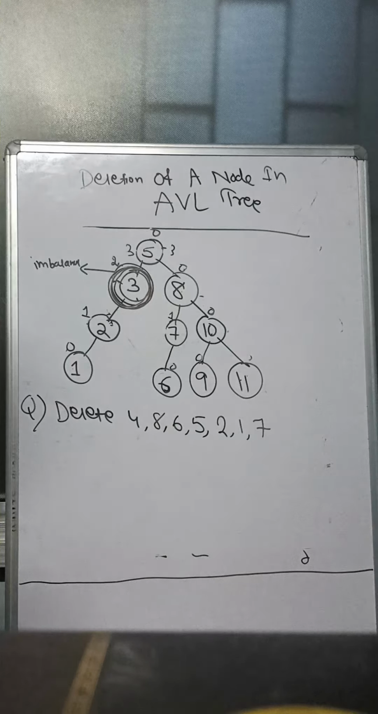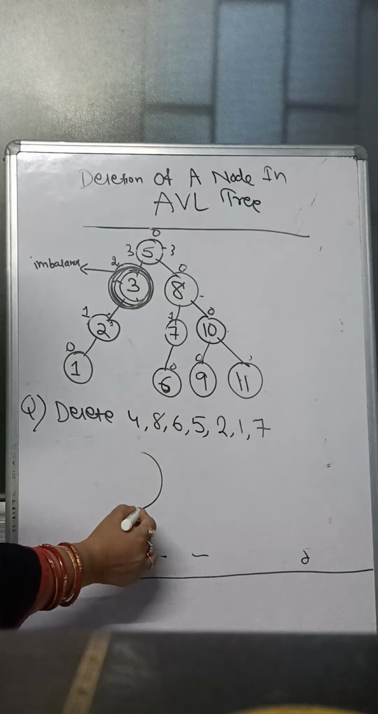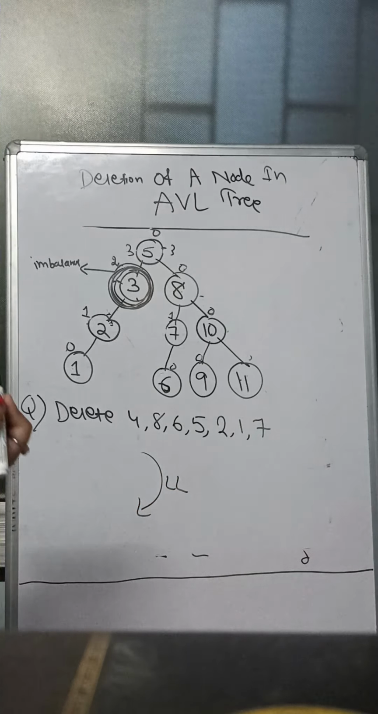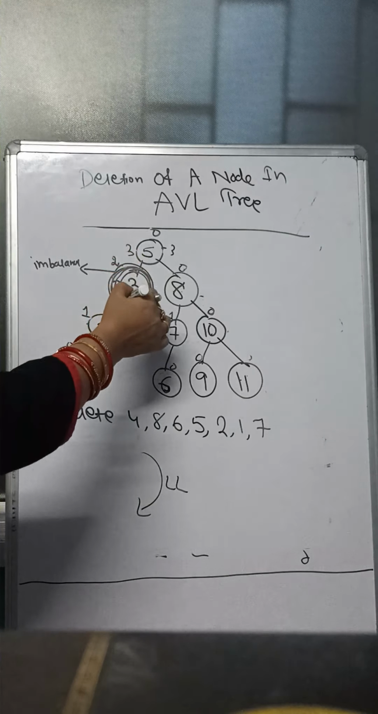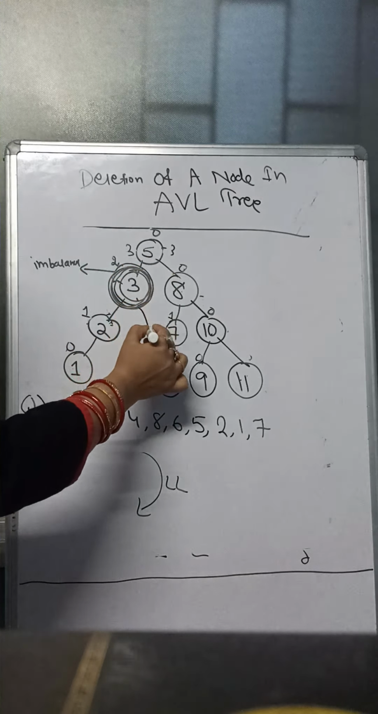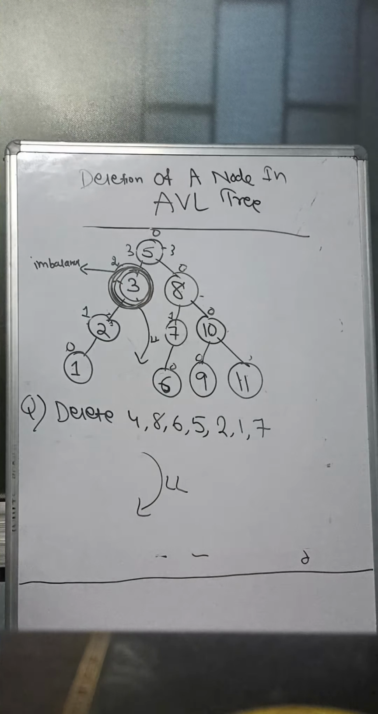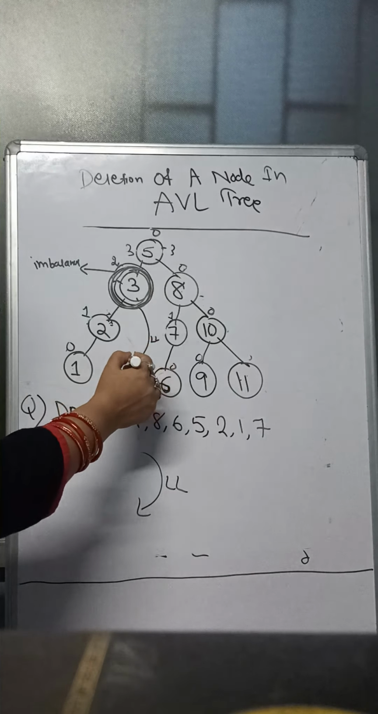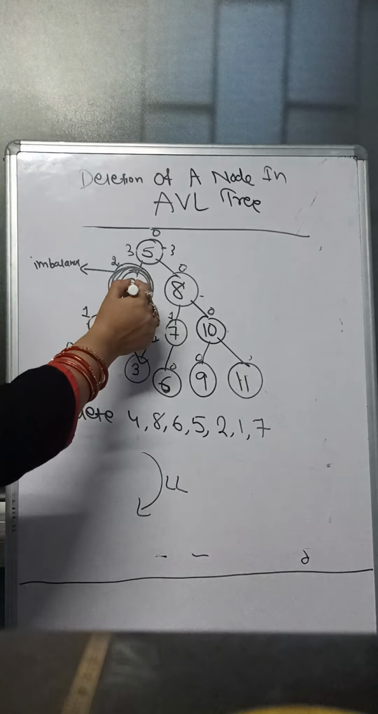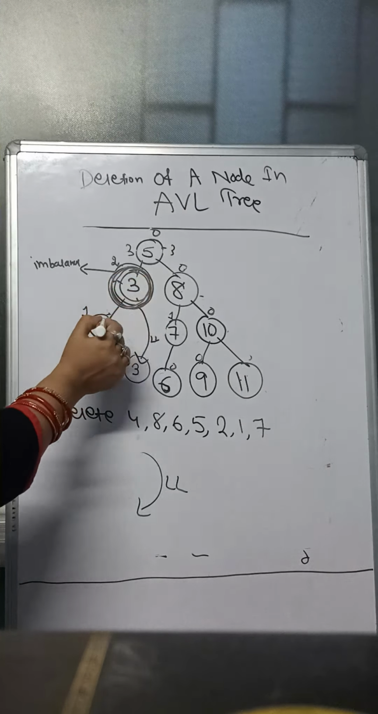Okay, LL rotation means, again I have told that your clockwise rotation is LL rotation. Now clockwise rotation, here imbalance occurs, so I have to do the clockwise rotation, LL. So in LL rotation each node must be shifted one position from its current position. So 3 comes here, again 2 comes here, and 1 comes here. So now the tree will be